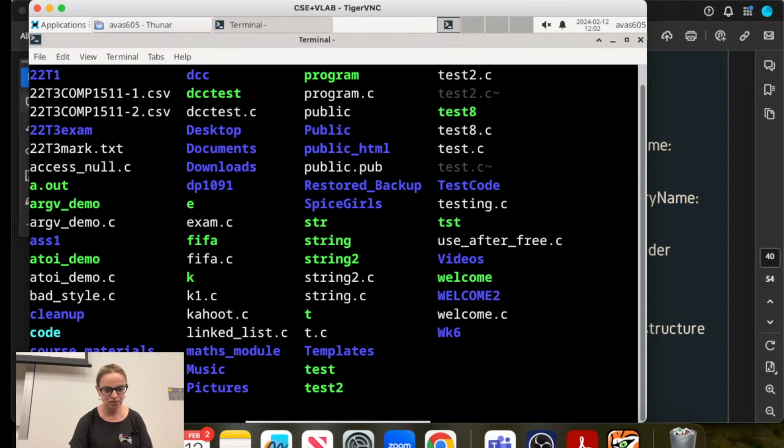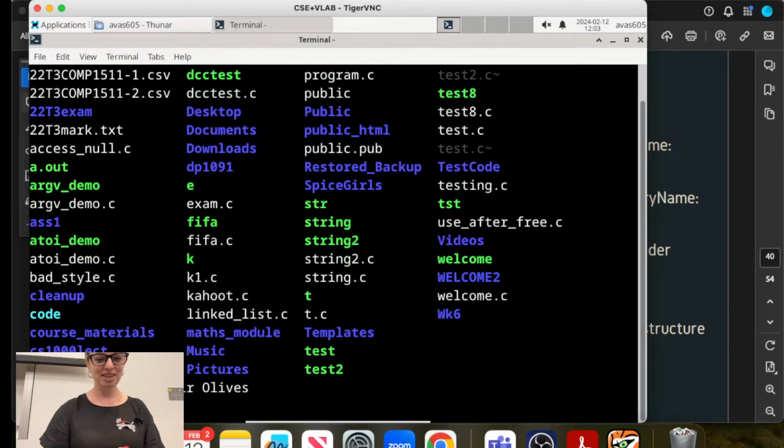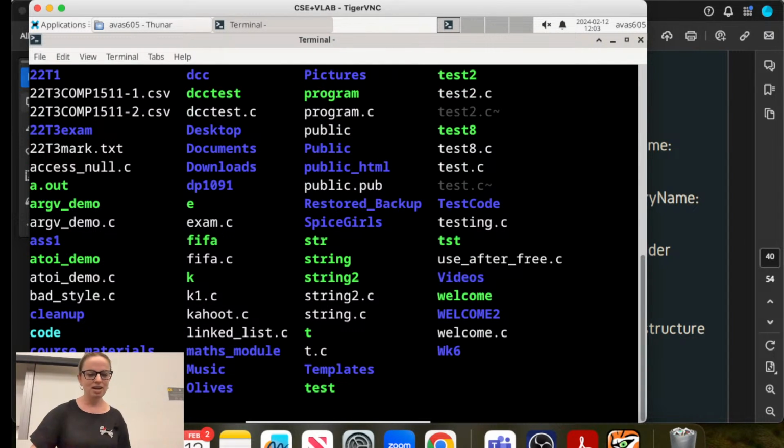To make a new directory, wrong keyboard again, you use the command mkdir, make directory, and then I name that directory. And that directory is going to be, give me something. You're wearing a t-shirt with nothing today. Olives. Oh, what a weird name. You guys are killing my desktop with weird names. So now if I press ls to see what's here, you're going to see that I have a directory called